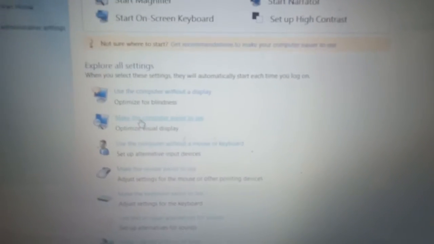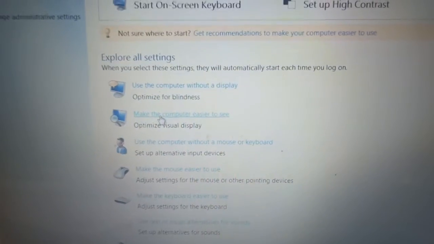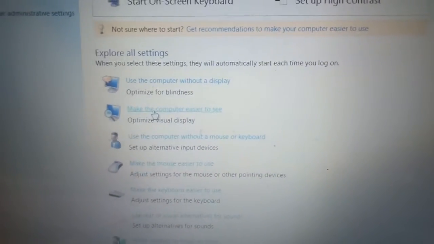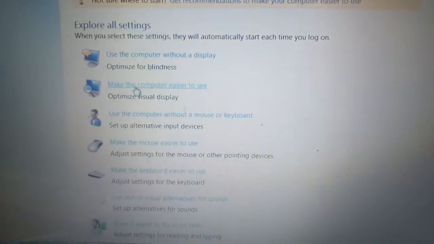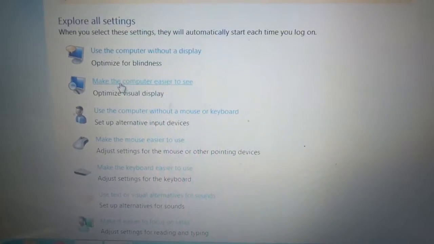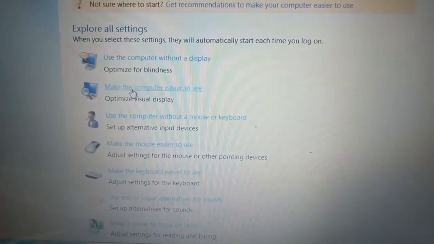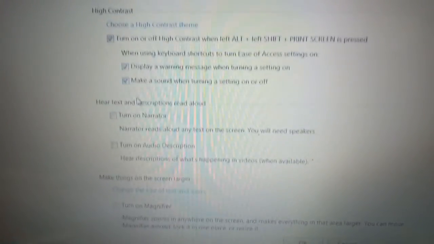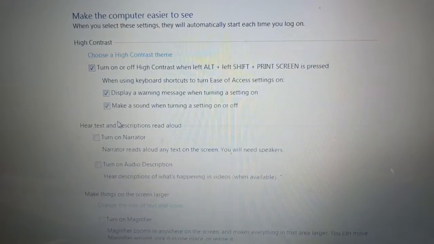There are many other options available besides these four options. As you can see on the screen, there is the Explore All Settings heading, and under this heading a variety of options are given. So you can make your work easier with the help of these options. Like that, when you click on the option Make the computer easier to see, you can see there are many other options available, like the contrast option.